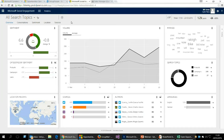In the new feature, in the new version that's coming out soon, you'll also be able to link into other social channels such as Instagram, and others are being announced shortly. So what can I do with this information? Well, it's showing me my sentiment analysis of what people are talking about, all the searches that I've got set up, where people are tweeting from, for example, where the tweets are coming from, the sources of information,